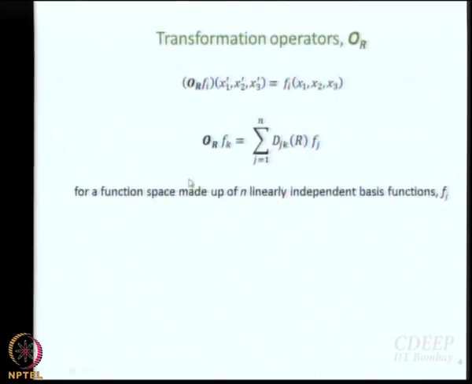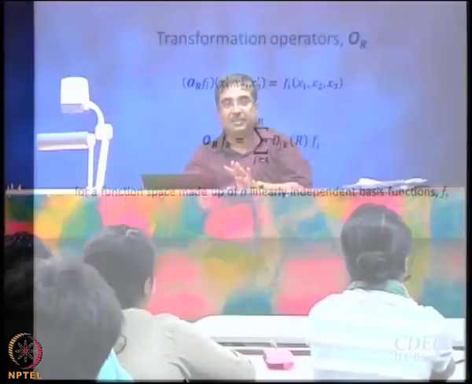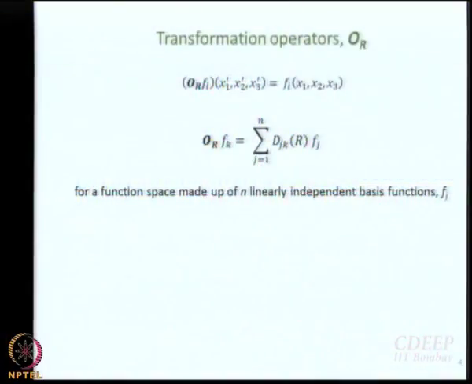What is f? The fi or fj are the n linearly independent basis functions. So they are like your x, y and z. That is why we have to go down a column, djk not dkj, right. So we are working with the linearly independent basis functions here. Please understand that. It is important, otherwise at your age it is very easy to memorize everything and write it down in the examination, but that does not make any sense. Please understand what is going on. Okay. We are working with n linearly independent basis functions. Do not forget that. We are working with base vectors.